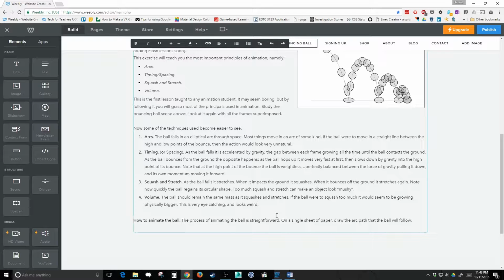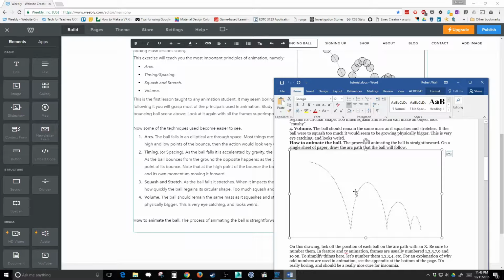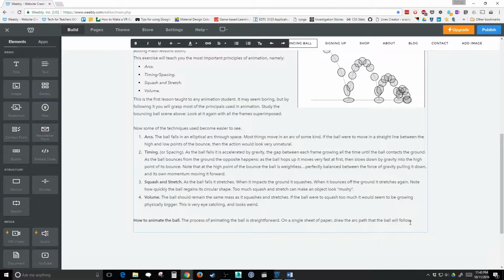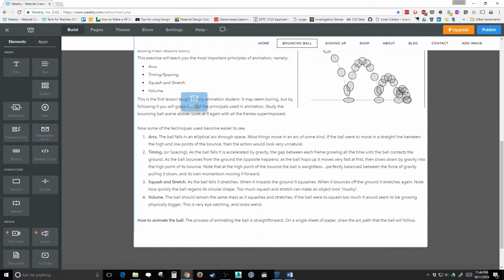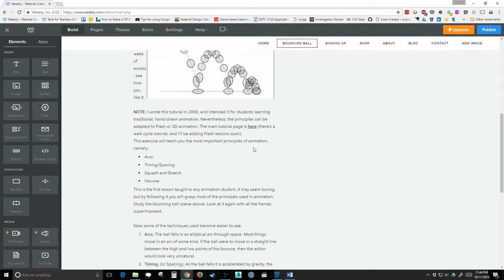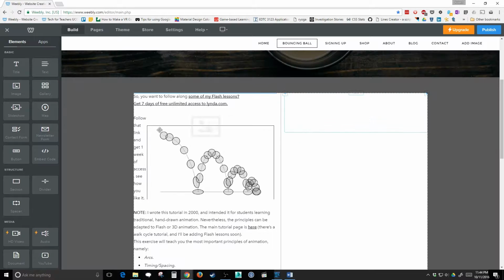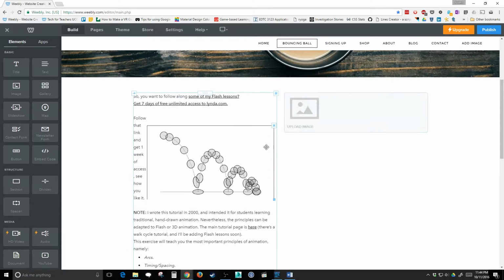So now that I have that formatted the way I need it to, I'm going to come back over here and grab this other picture. It's the one with the lines. I have that saved out already. So what I'm going to do is add another picture. As you notice here, it's not really giving me the boxes that I would normally want with something like this. I can't seem to get it back inside of there. It seems like for Weebly you can only have one picture per